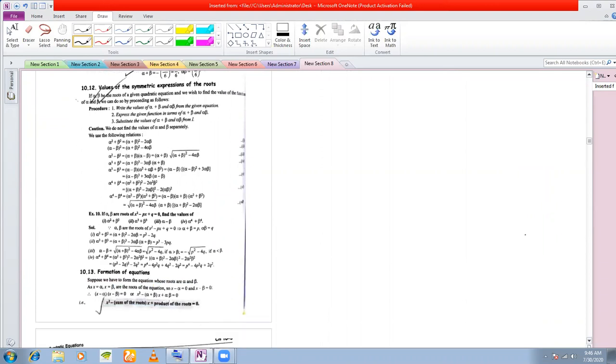Next is the value of symmetric functions of roots. Now, what are symmetric functions? Consider this function: alpha square beta cube plus alpha cube beta square. This is a symmetric function of roots. That means if alpha and beta are roots of a given quadratic,